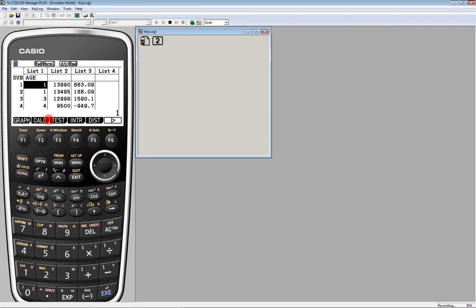These little boxes that we see on the bottom of the screen, which we really call tabs, are what I was speaking of. Currently, the F1 key corresponds to the graph tab, the F2 key corresponds to the calculate tab, and so on. This little symbol right here means there are more than 6 choices, and so that simply means press the F6 key to see additional choices.